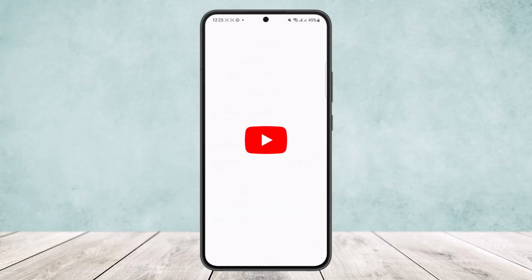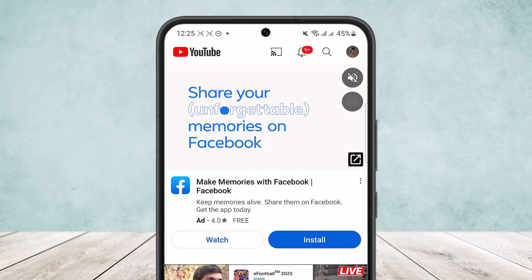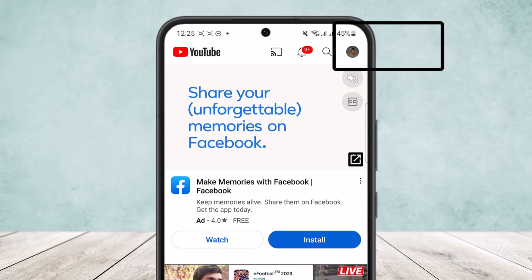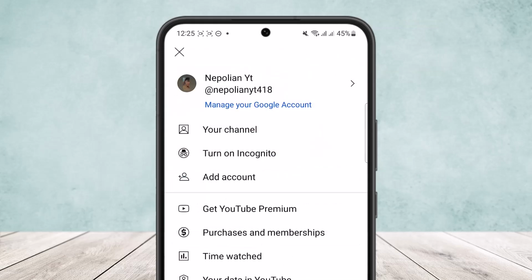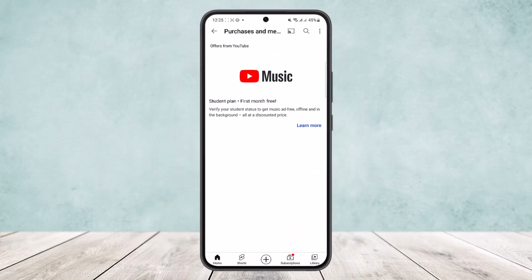Simply open up your YouTube, and what you want to do is log into your account. Once you've logged in, tap on the profile icon at the top right corner of the screen, and there you'll be able to see various options. Simply head into the option purchases and memberships. Now if you have any saved purchase payment methods here, you'll find them here, and you can tap on the